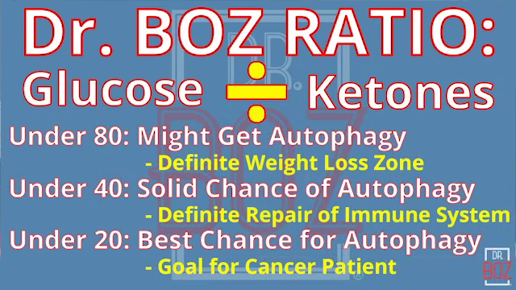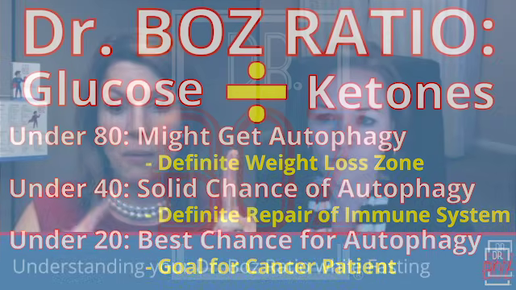Well, this absolutely is a great teaching point because the reason the Dr. Boz ratio came about was when you study the research and you go back into the major therapeutic ways of saying we are trying to advance their chemistry into the most charged metabolic scenario that we can for people with seizures and cancer. When you translate that into somebody trying to lose weight, we're still trying to take Jennifer Marie's chemistry and advance it to the level where she will get the weight loss off that she wants. And that isn't just one number or the other. It is the combination of the two of them at once.